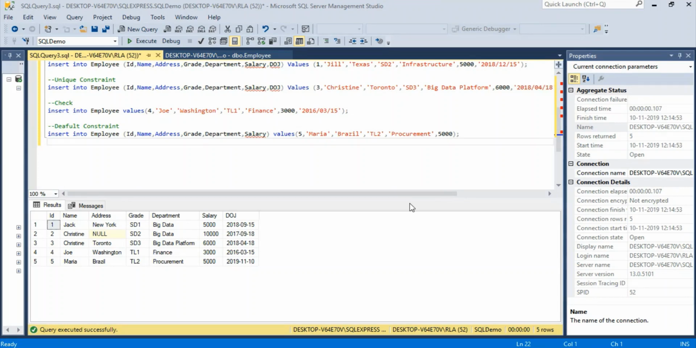Okay, so having said that, we will try to create another table. In our employee table, we have something called department. We added big data platform, finance, and procurement. Instead of adding the department name all the time, we can create another table called department, and we can add the foreign key for that particular department so that the employee and department tables